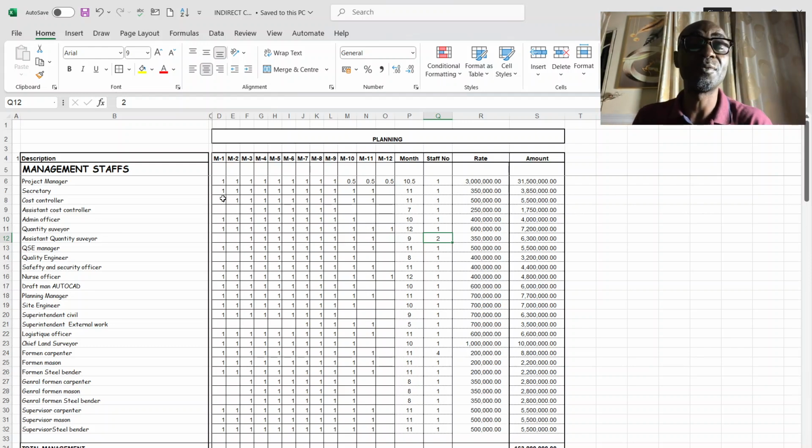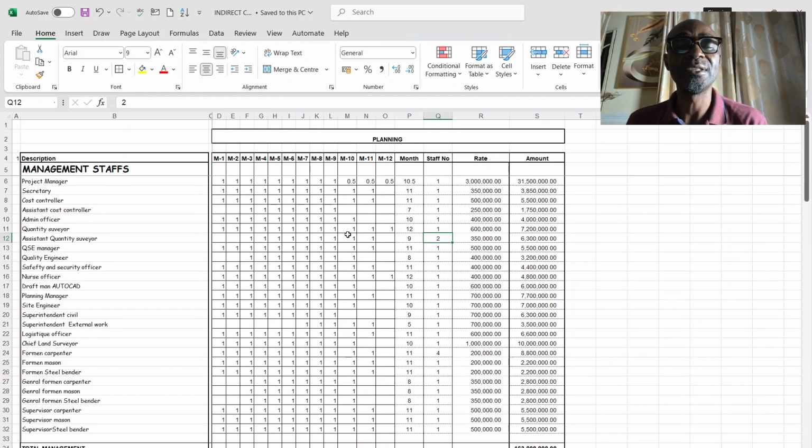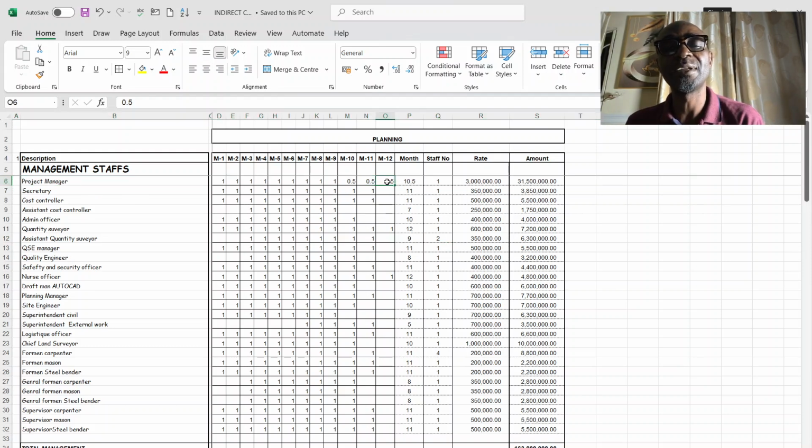this is where your program of work now becomes very vital. You have to interpret the program of work in such a way that you know when each of these persons needs to come in and when they need to go. And you see that in some areas you are seeing point five, point five, point five, like the project manager. Why I had to plan the project manager in this manner is because,